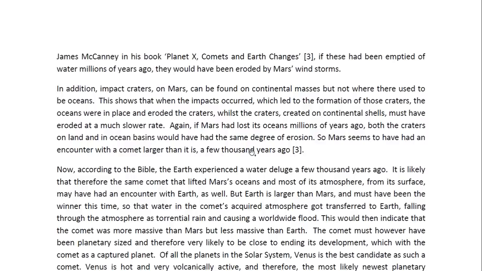But if Mars had lost its oceans millions of years ago, both the craters on land and in ocean basins would have had the same degree of erosion. So they would either be all gone or still all be there, both in the ocean part of the surface and the land part of the surface. So it seems that Mars has had this encounter with a comet that was larger than it is only a